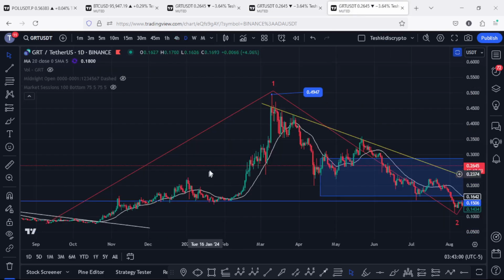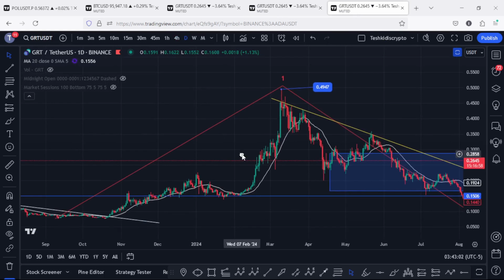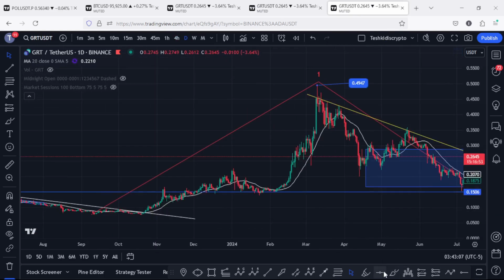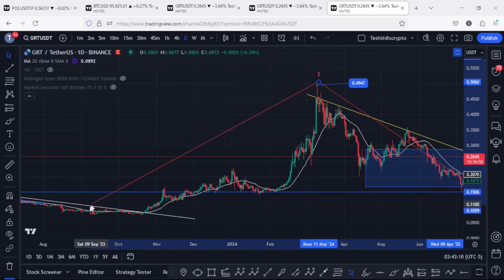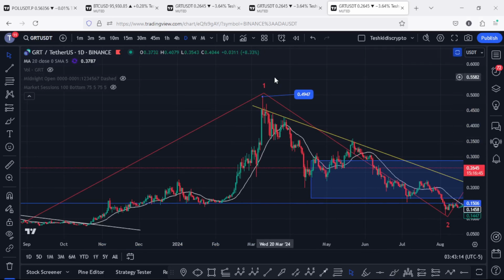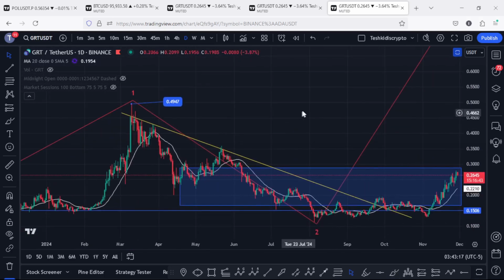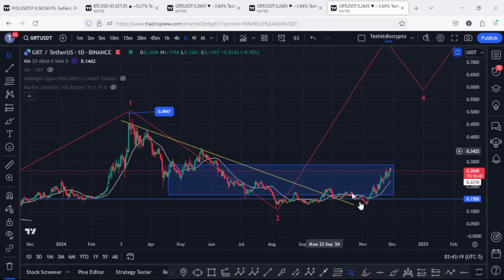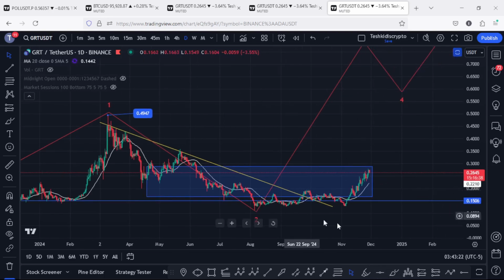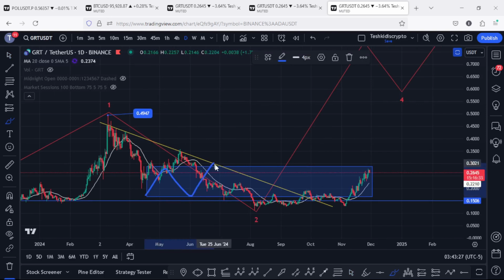Getting to the daily chart to share my long-term price analysis, I still believe that we got our bear market lows last year and started an impulsive movement to the upside in a move that peaked above the 0.4947, completing the formation of this EDU12 count 1. And after we peaked in that wave 1, we started a corrective structure in the formation of an EDU12 count 2, whose minimum target areas I have marked on the charts using this blue target area, an area that we have now fully maximized,